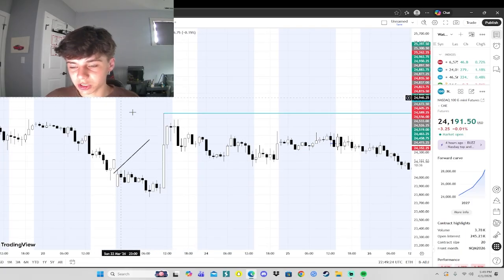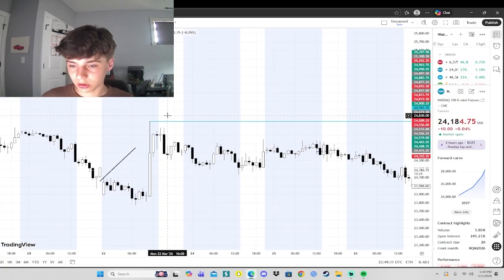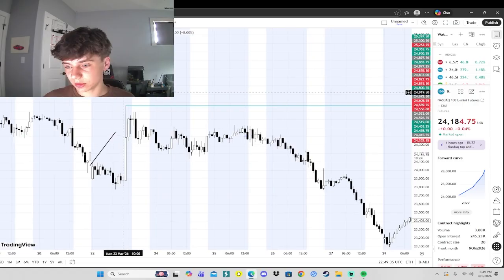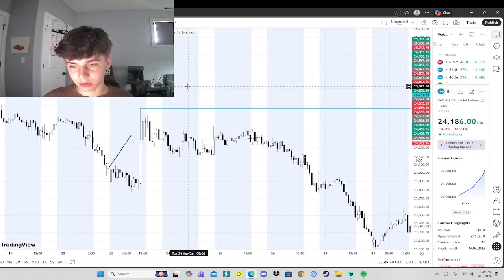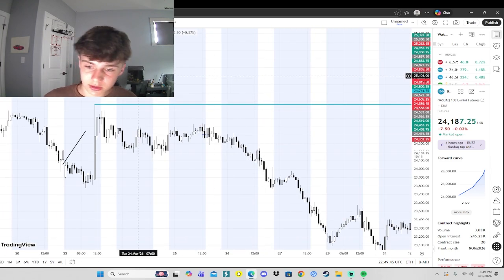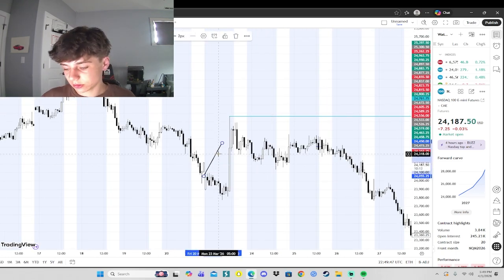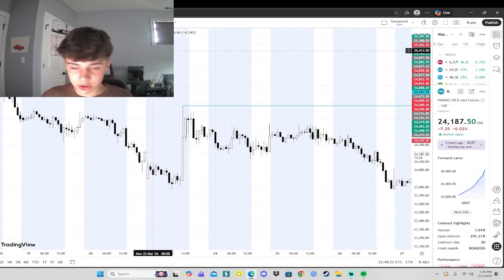But let me just mark this out for you guys. The shaded blue area is any other session other than New York AM session. So in the shaded blue area we created a high, and in this case we haven't traded back into it yet, but I do think that we're going to trade into it very soon, hopefully tomorrow if there's long opportunities. And so that's another very simple target, just in the shaded blue area, especially easy if you have the London and Asia high